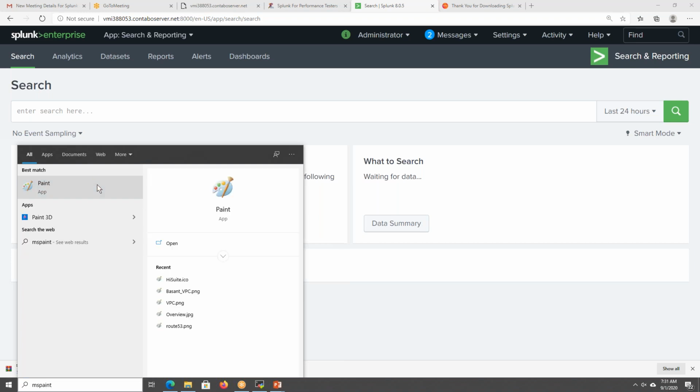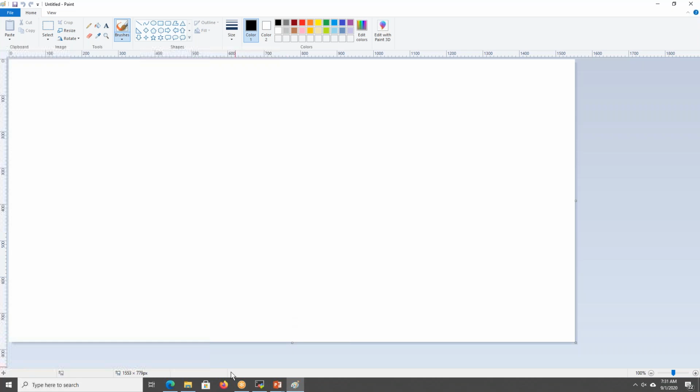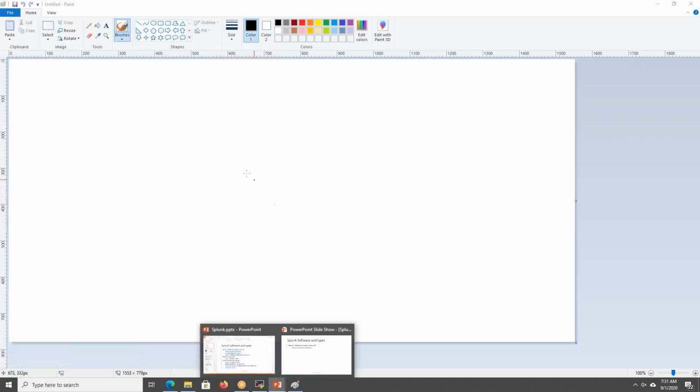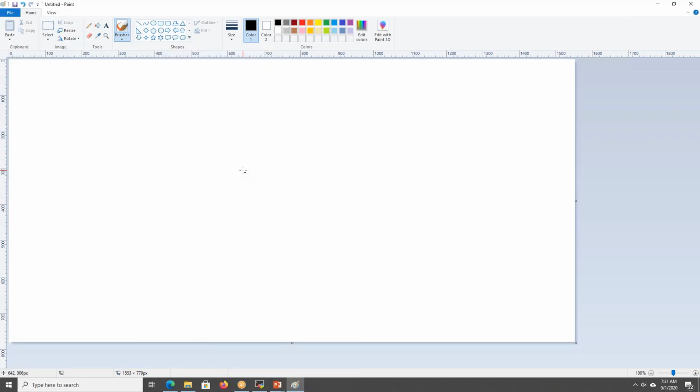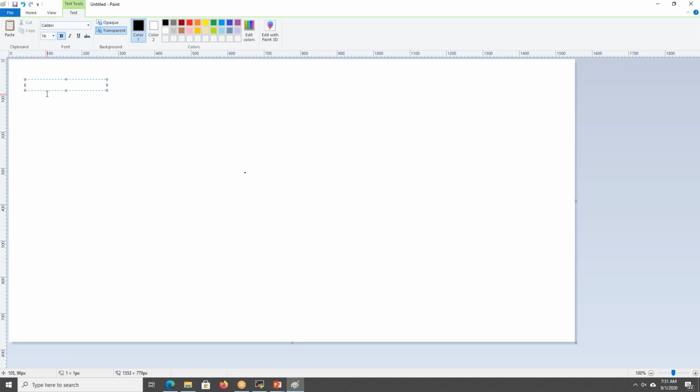So I can get the data from the source. Like if I have another Linux machine, here I have one more Linux machine, which I will be using for the universal forwarder. One way is I can get the data from that source system. It can be my source system, like a desktop that has some operating system and some application running, and there I will be installing my universal forwarder. That is one way. And the second way is that we can directly upload a file.